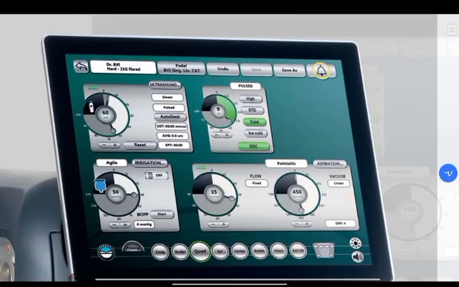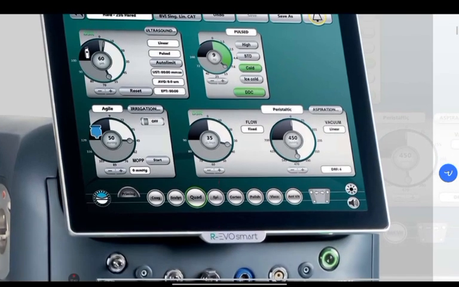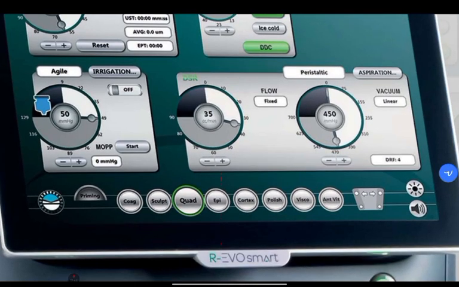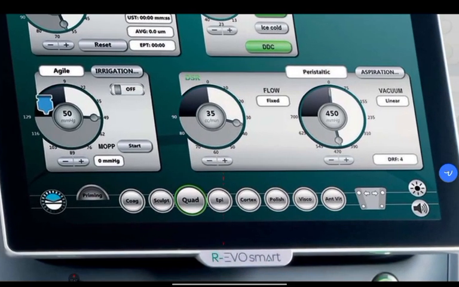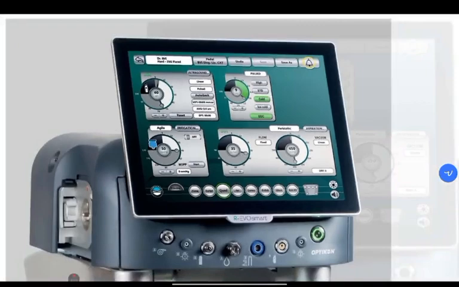In the display we have ultrasound, we have pulsed, we have agile, we have irrigation, we have peristaltic aspiration. And the steps for Phaco emulsification after priming are coagulation, scalp, quadrant, epinucleus, cortex polishing, visco, and anterior vitrectomy. So this is all about the Revo Smart Phaco